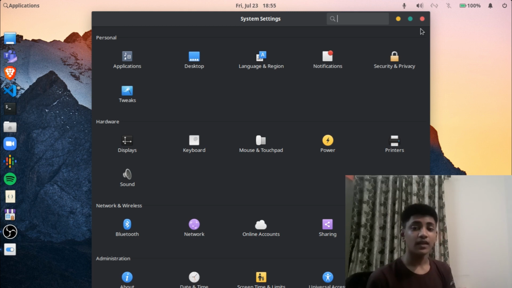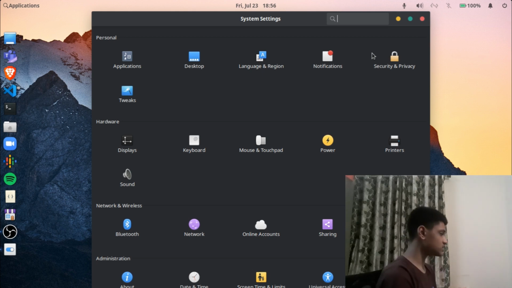Another setting that I believe you should change on your first install of Elementary OS is the mapping of the super key. Now by default in Elementary OS, the super key is mapped to a sort of cheat sheet for keyboard shortcuts. I personally do not like that, and I prefer it to just open the normal applications menu by default. If you prefer the cheat sheet version, just leave it like that. But if you do not prefer it, like most people, they just remap it to the applications menu.